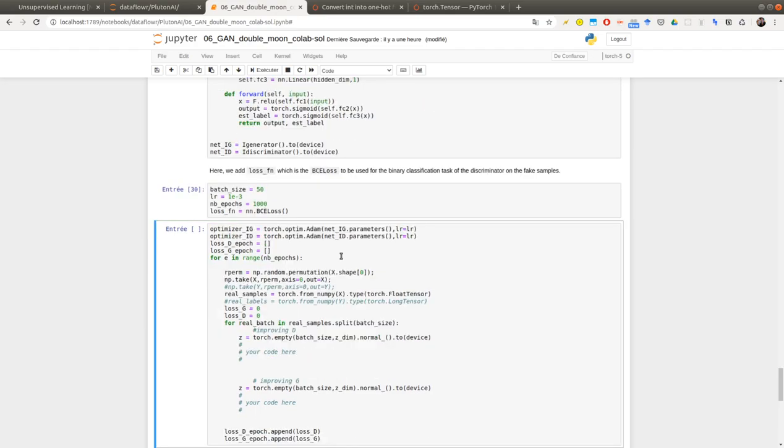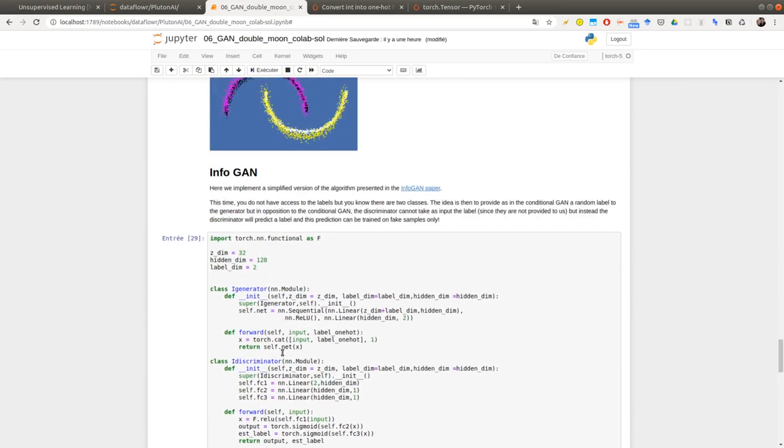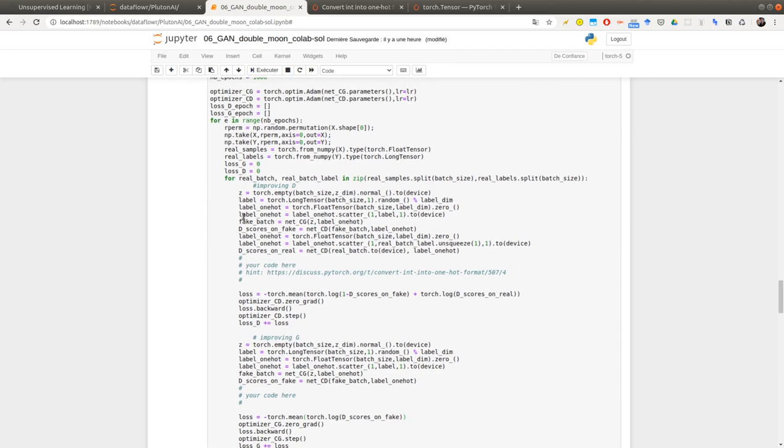So now we need to modify it. So this is now relatively easy. So let's try to copy and paste and modify the code from here.